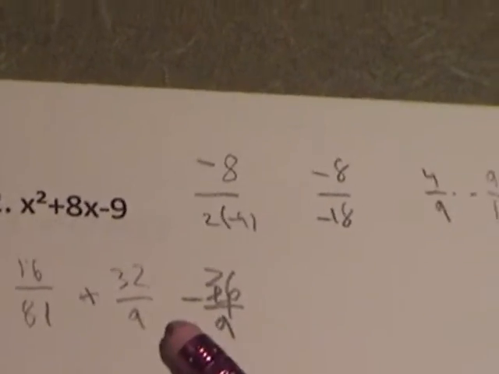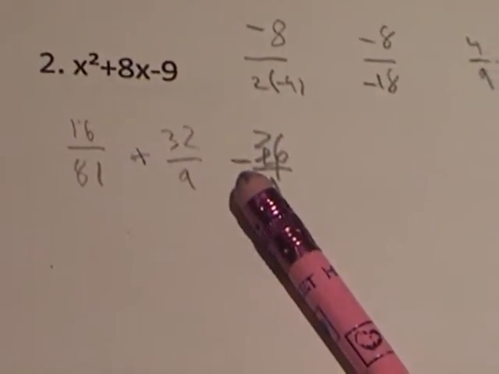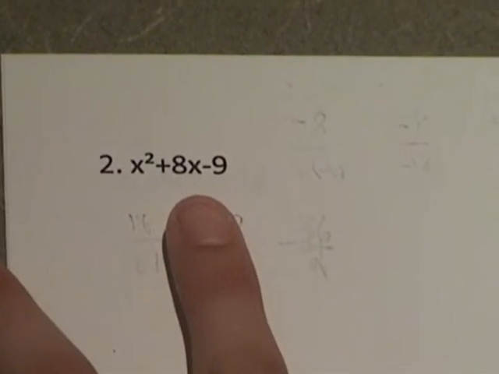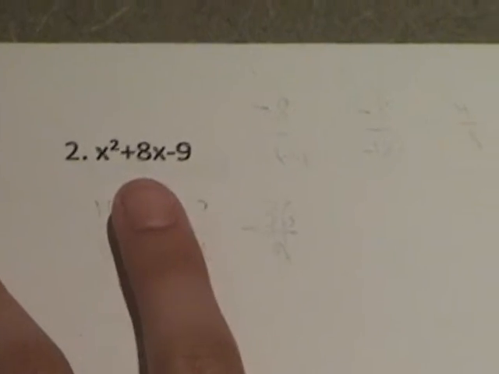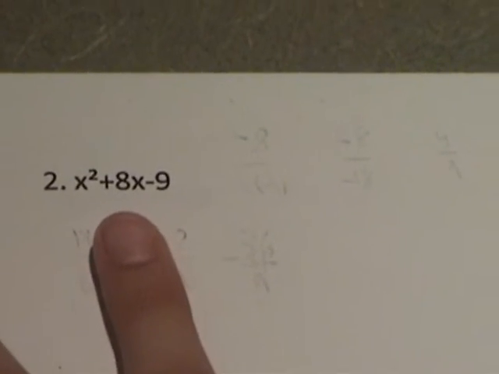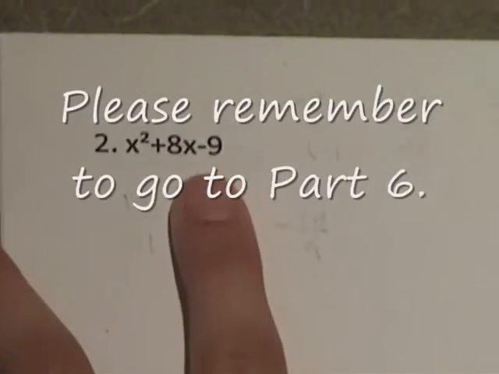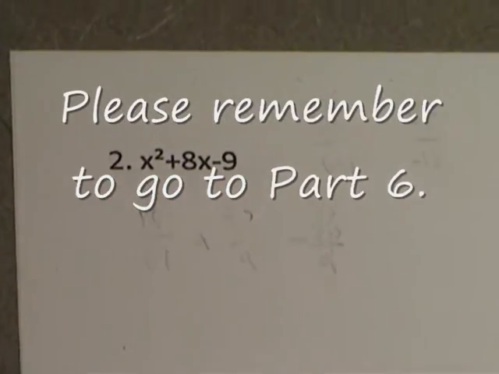Wait, never mind, I'm going to just graph this in the calculator. Now this problem cannot be solved using the finding the square roots method because it is not a perfect square trinomial. 8 is not a perfect square number as we have seen in our